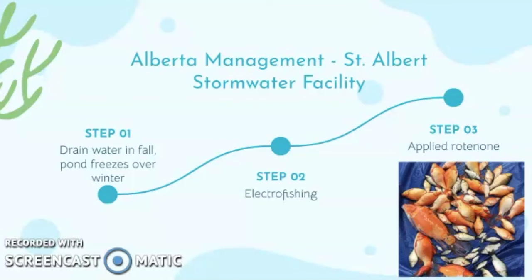This was proven unsuccessful. In step 2, they utilized electrofishing, in which they emitted a small current to stun the fish and attempted to scoop them out. And this was also proven overall ineffective because of the quantity of fishes. In step 3, they applied a chemical called rotenone, which works by inhibiting the cellular respiration process of the goldfish and its ability to use dissolved oxygen, causing the fish to suffocate. This was proven successful. The application cost of rotenone was estimated to be $25,000 to $40,000.